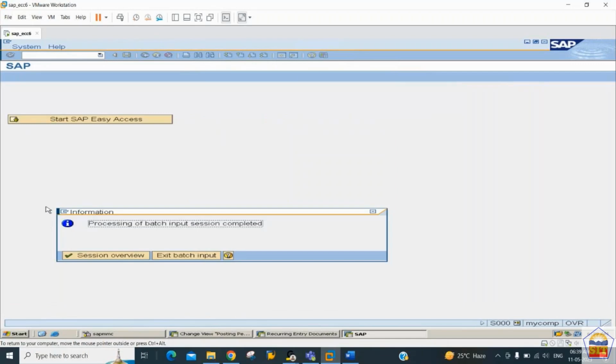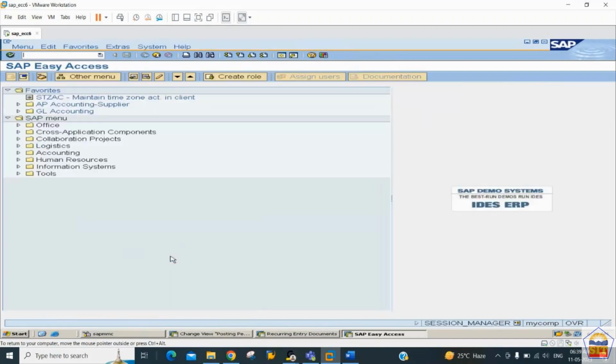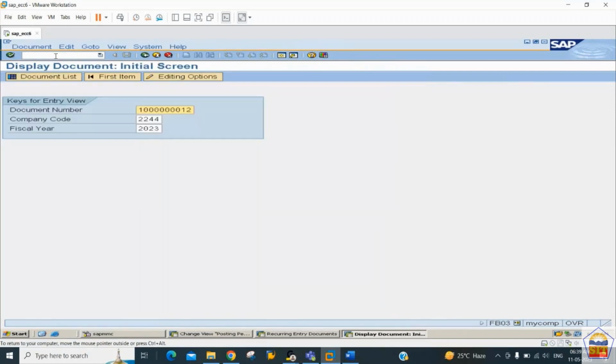So this time the system has not shown any error. It means the posting has been completed. If you want to see your document, you can click on exit batch input session, and then once again you go to the transaction code FB03 to display your normal document. FB03 is the transaction code. You can just see the system is showing you your document number 1 all 012, enter,